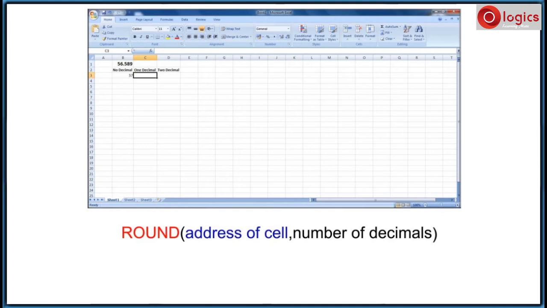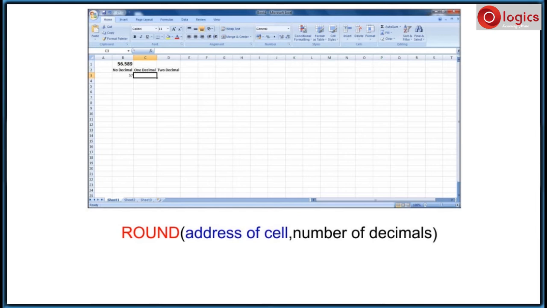This is the syntax of the ROUND function. ROUND, address of cell, which gives the number to round, comma, number of decimals. Here you will have to mention how many decimals you need for the number.